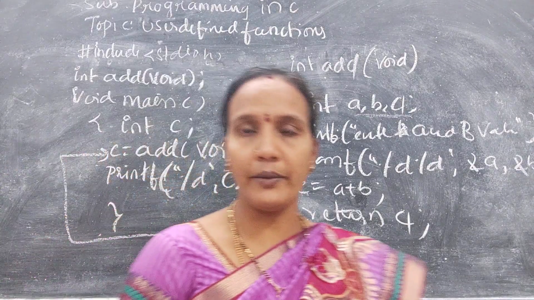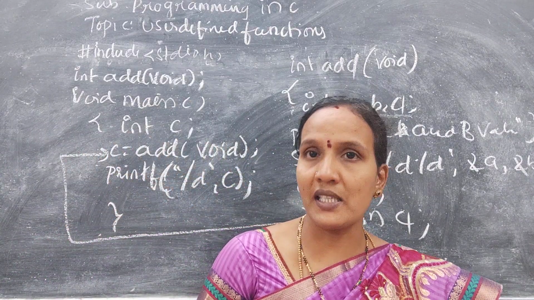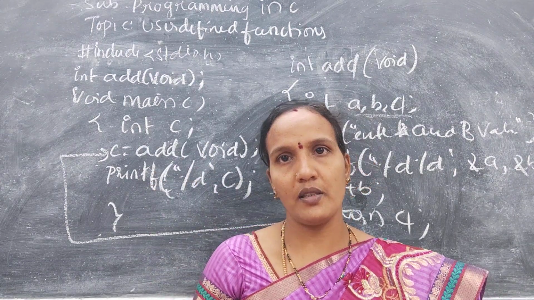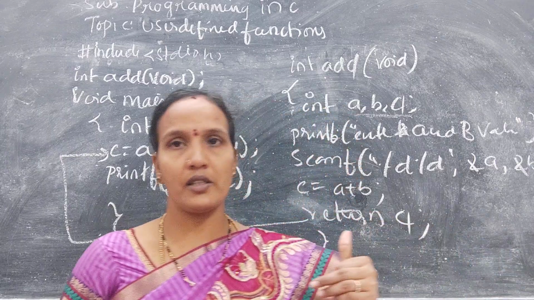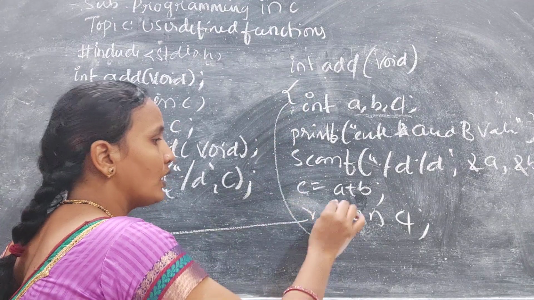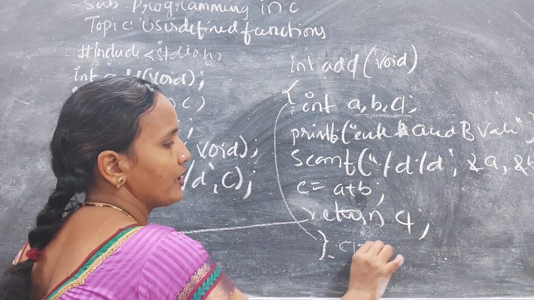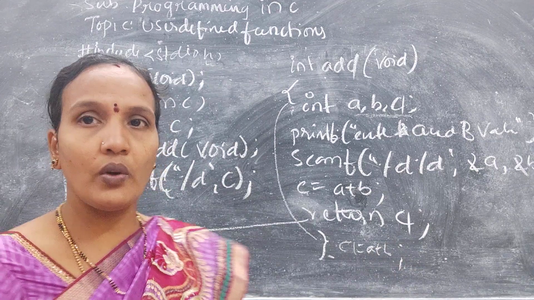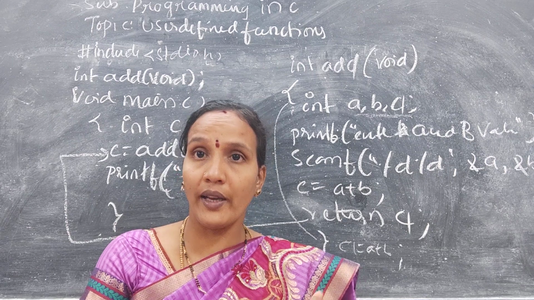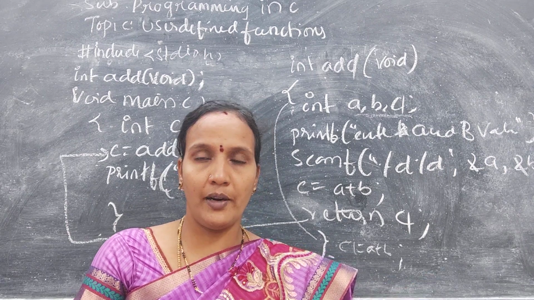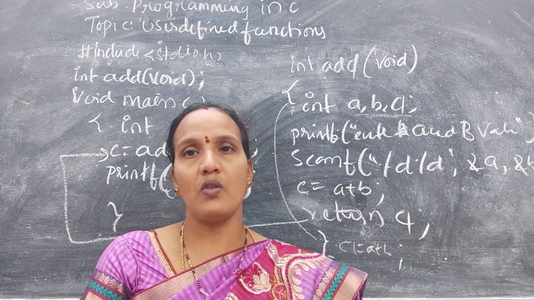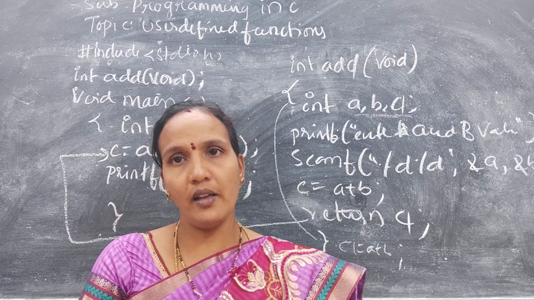Okay, so what is the last category? Without arguments, no argument, with return statement. In the program I have given the return statement. So here a, b, c you can use in this scope only. If you want to use c1 equals a plus b here, you will get an error. The scope of a local variable is within the function where the local variables are declared. If you want to use the local variable outside the function, it is not possible; it will generate an error.